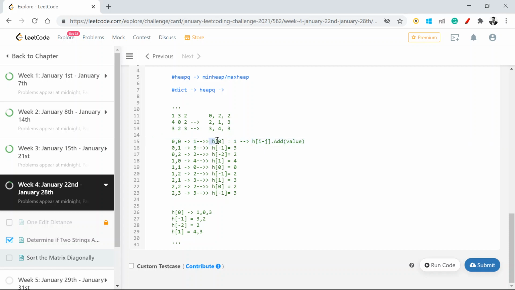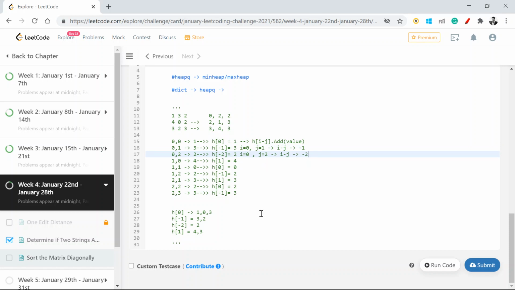Now this h is right now my heap. Now at 0 comma 1, I have 3, and h of i minus j in this case will be minus 1, because i is equal to 0 and j is equal to 1. Similarly here, i is equal to 0 and j is equal to 2, so i minus j becomes minus 2.